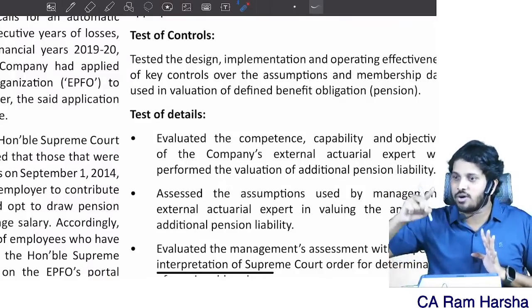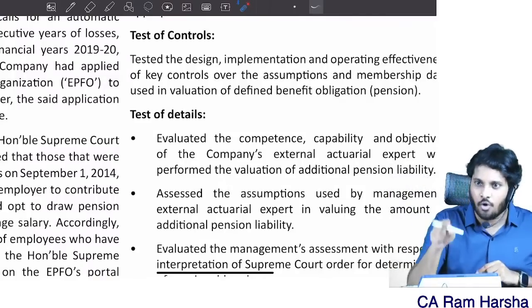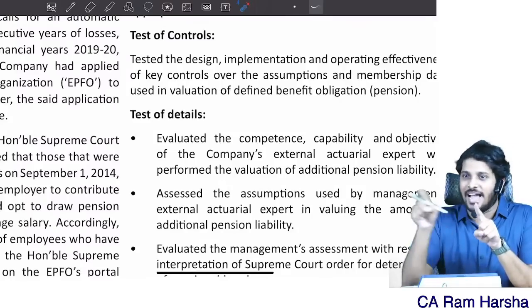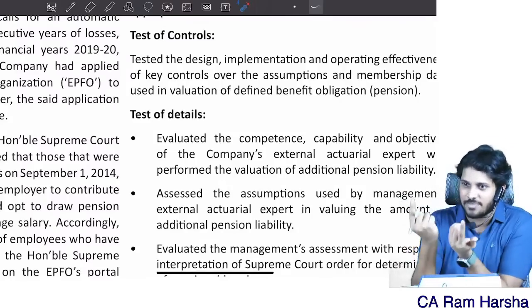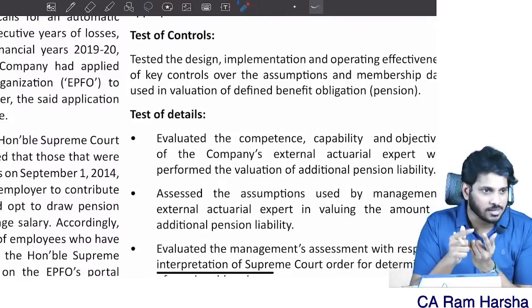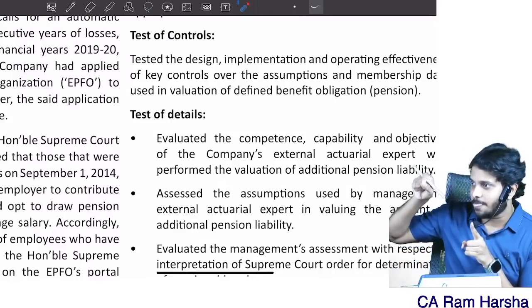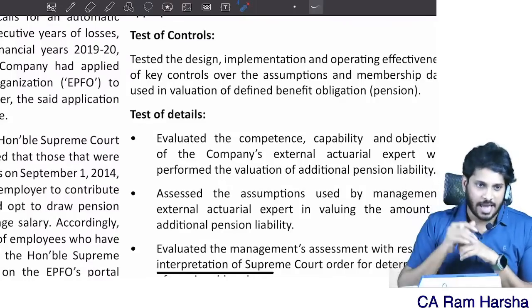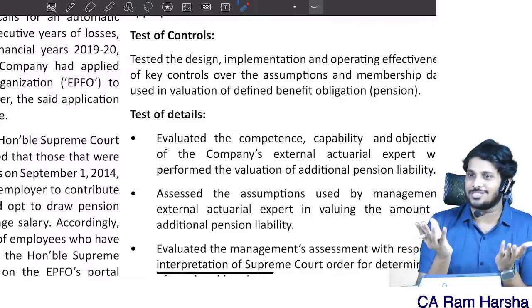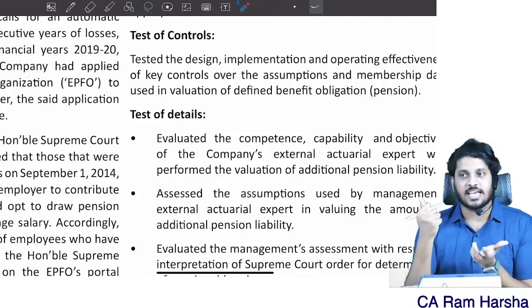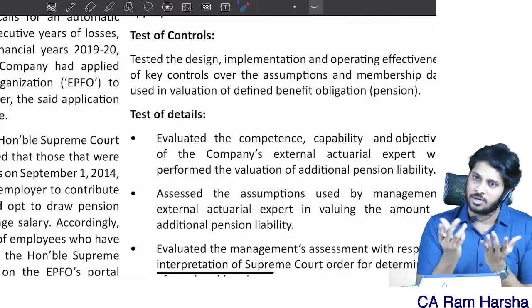Discussion in the notes to accounts and financial statements is required only for emphasis of matter, because you have to highlight something. If you want to highlight, there must be something, right? Otherwise, how come you highlight? So emphasis can be used only if something is there in the financials and you want to highlight that. Key audit matter, no such link. If something is there in the financials and you want to talk about that in the key audit matter, good.